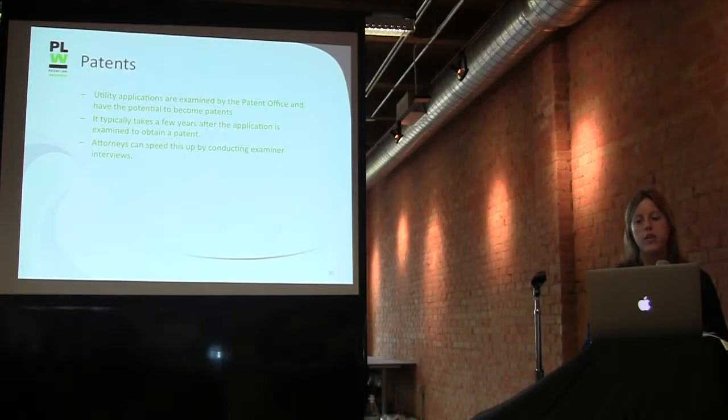Okay, so this is everything that I already mentioned. One way that you can speed up the process is, the examiner is the person at the Patent and Trademark Office who's looking at the patent application. They say that they think the claims are too broad. They send me this office action. I can call them up and kind of get a feel for if they